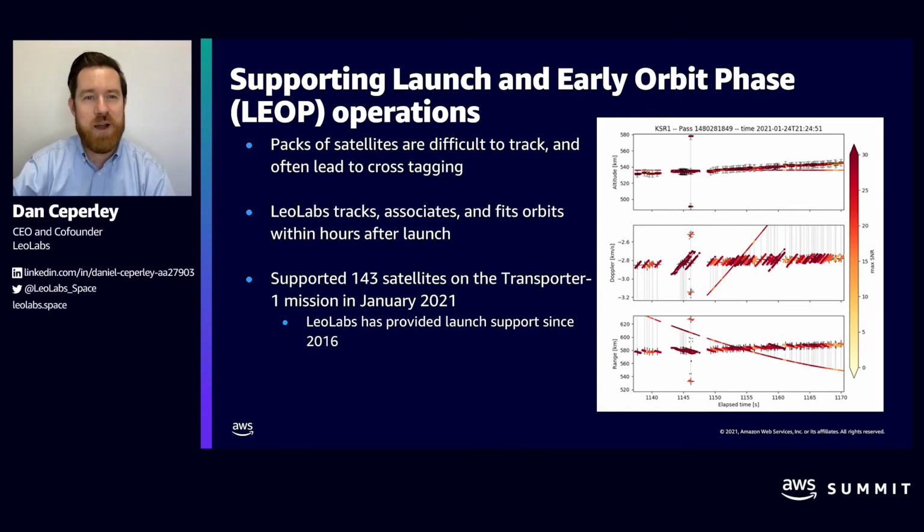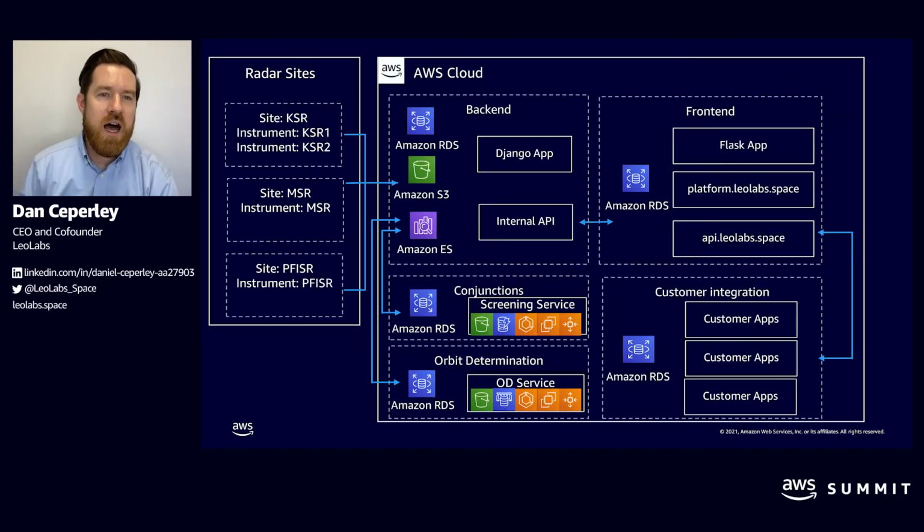And so this basically represents just the start of these satellites' multi-year missions, and just the beginning of their work on space traffic safety and collision avoidance. So I want to dig in just a little bit, pull back the curtains and look a little bit deeper into the LEO Lab system. You see here a diagram of the system that we're running in the AWS cloud, and it gives you a little bit of a sense of the services that we're talking about.